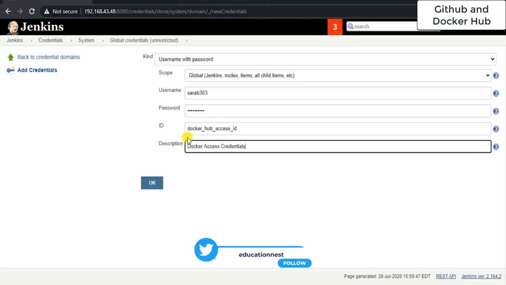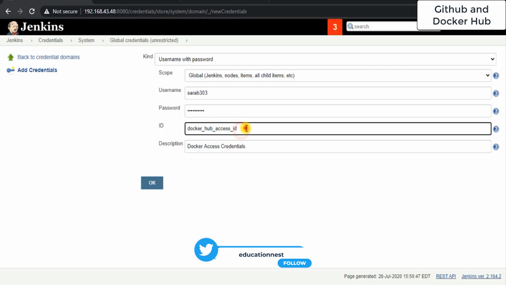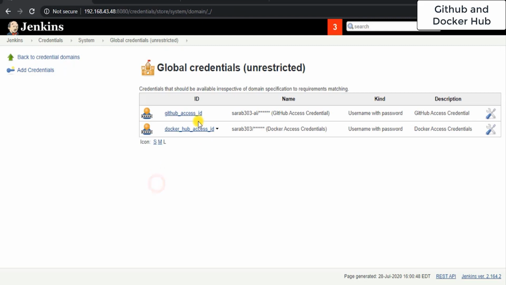This ID we are going to use in the Jenkins pipeline and Jenkinsfile, so that your pipeline can access GitHub or Docker Hub. So just click on OK. So we have these two credentials already set up. Now we have to set up one more, that is Kubernetes cluster access, but that we are going to